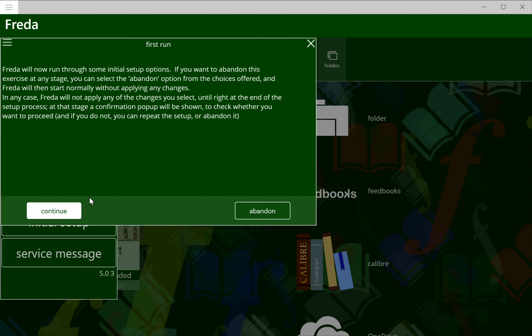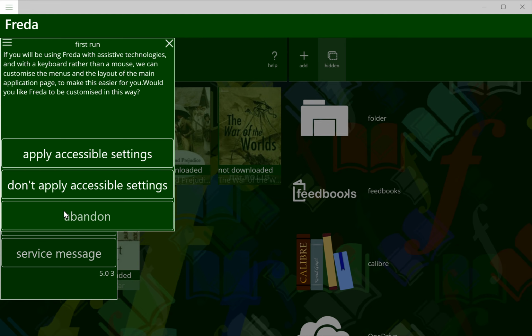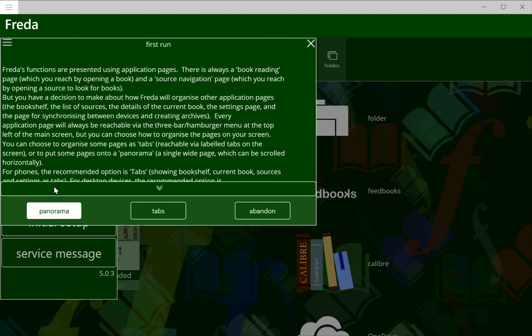So just click continue, and let's assume you don't want accessible settings. That would mean menus that are accessible through keyboard actions rather than mouse clicks and taps on the screen, and other dyslexic friendly settings and so forth. Anyway, we don't want them, so we're going to configure next the user interface style,